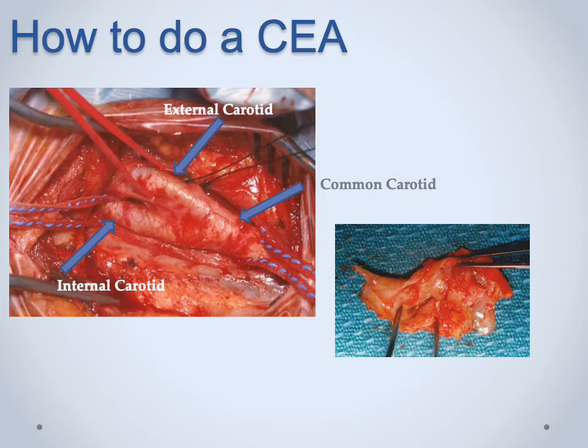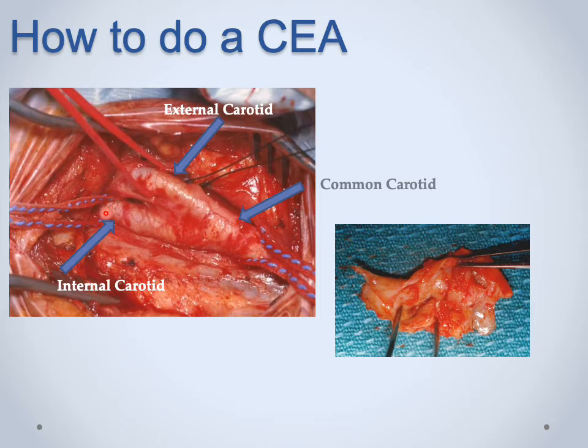Here, what you do is you make a transverse incision along the anterior border of the scalene muscle, and then you dissect down, identifying important structures in the neck. In particular, you're looking for the vagus nerve as well as the jugular vein, which will ultimately lead you to the carotid artery. When you're identifying the carotid artery, as you can see here,